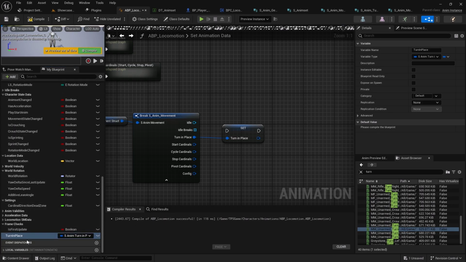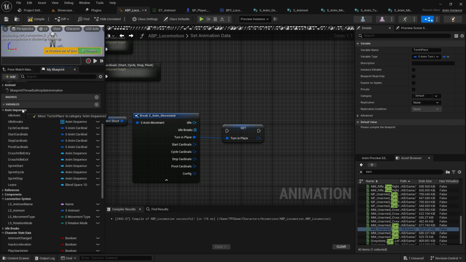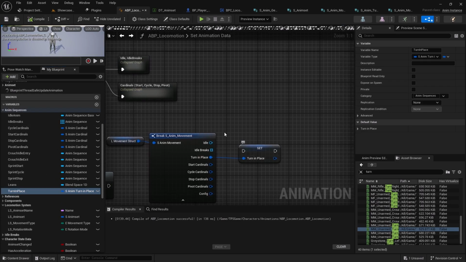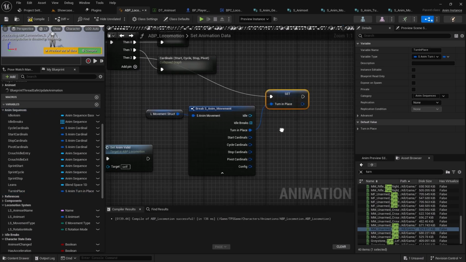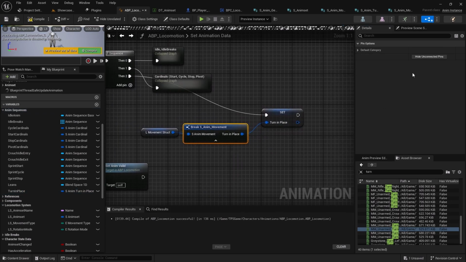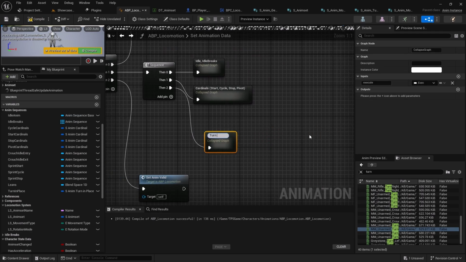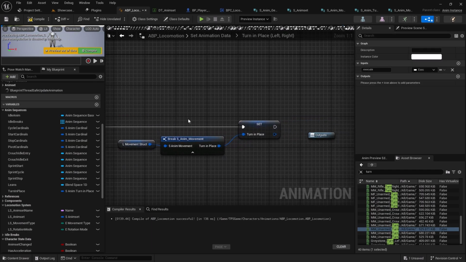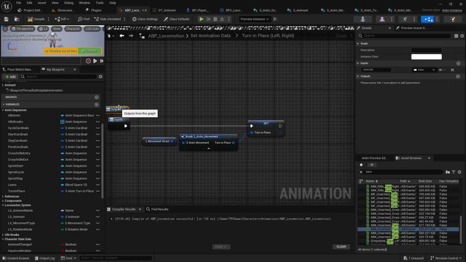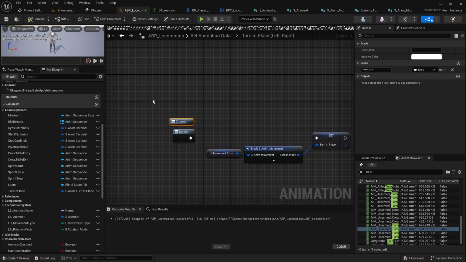Right, and then let's move it to here, anim sequences, and I'll attach this pin. Let's hide the unconnected pins and collapse the node. I'll rename it as turn in place, maybe left and right. Okay, right, then